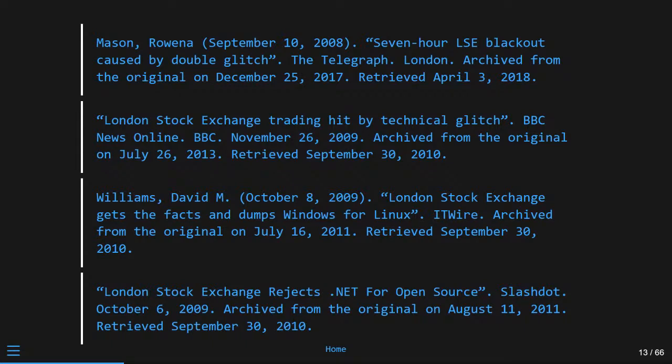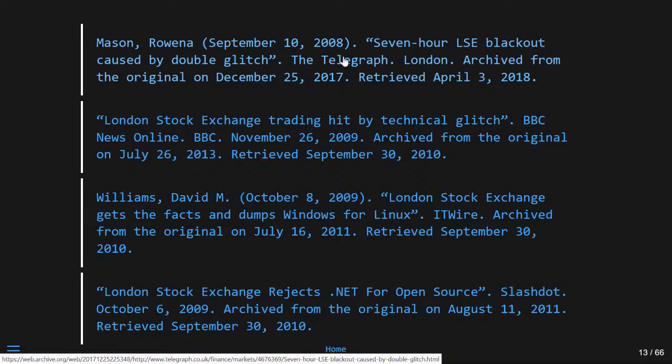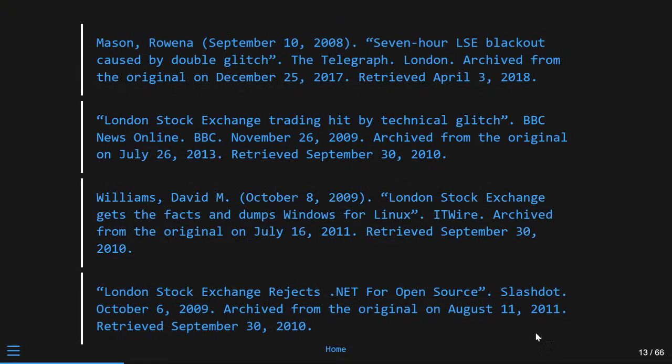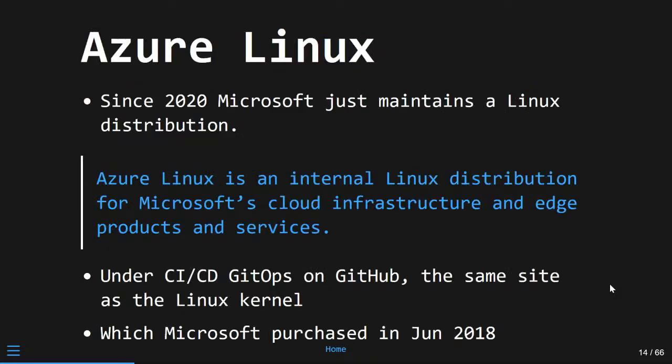I don't know. I think one of these is from like Ars Technica. Oh, the Telegraph, right? And remember, this is all from way back when the United Kingdom was still part of Europe, right? So it was in a different continent then. So that's a long time ago. This is on the other side of continental drift. 10 years later,